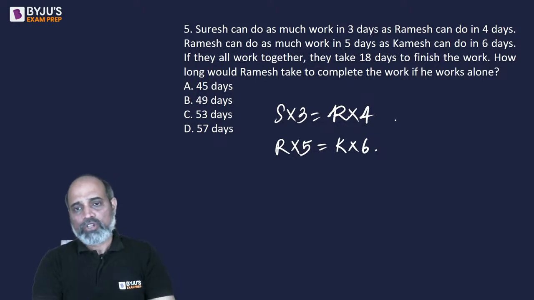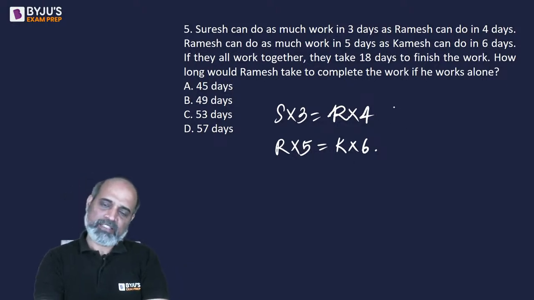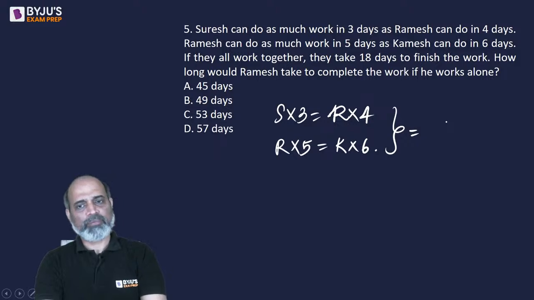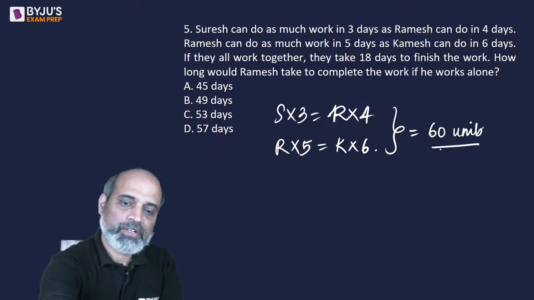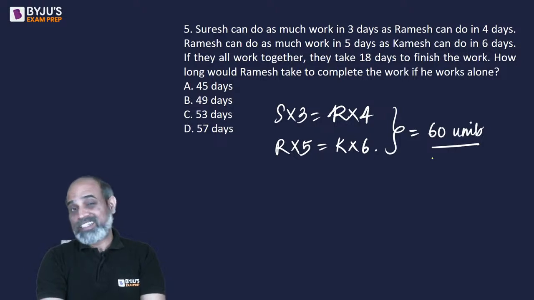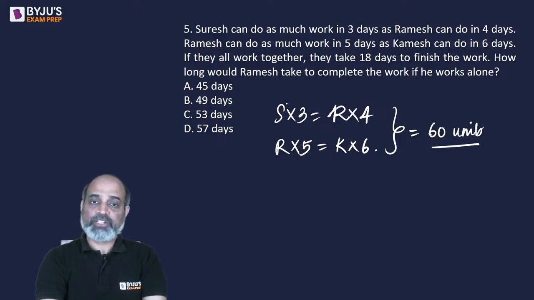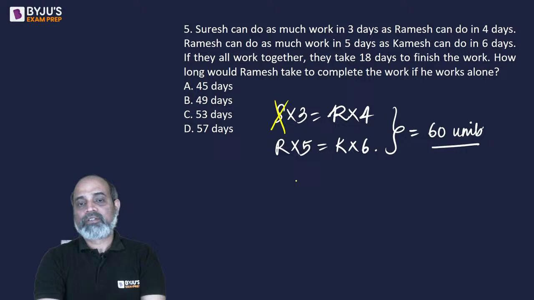Right? So the LCM of 3, 4, 5 and 6, or a number in the table of all of these. So let's take that as 60. So we are saying 60 units of work is the total work. Okay. Suresh takes 3 days to finish it. That means Suresh is doing